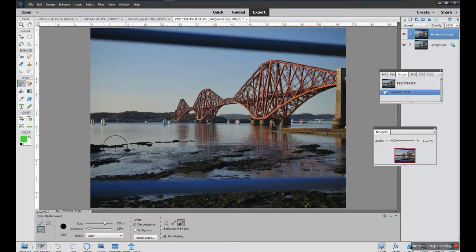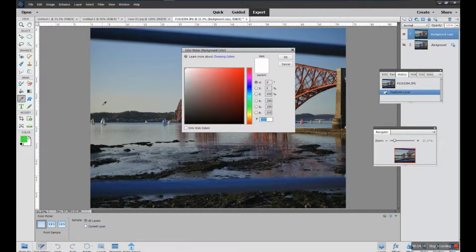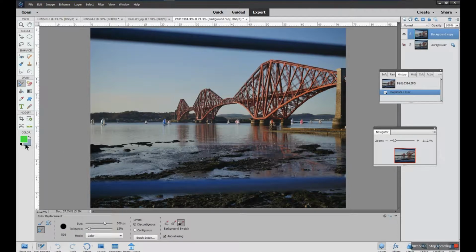And what I'm going to do here is go to the background color, click on that option, and I'm given an eyedropper. So I'm going to click on the eyedropper, and that's the color I'm going to take out. I'm going to say OK. So now it should replace it with the green. So anything that's of that shade of blue will be replaced with green. Again, it's down to tolerance, and as long as my crosshairs doesn't go over anything,